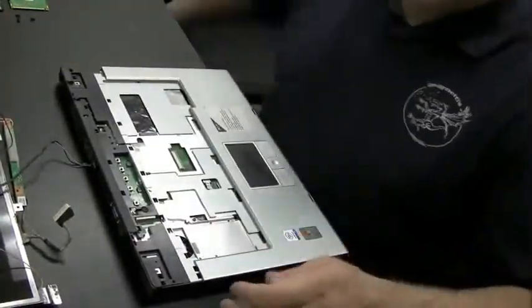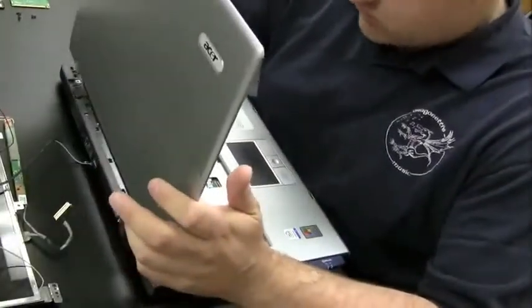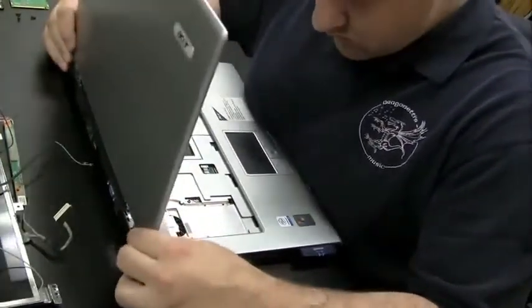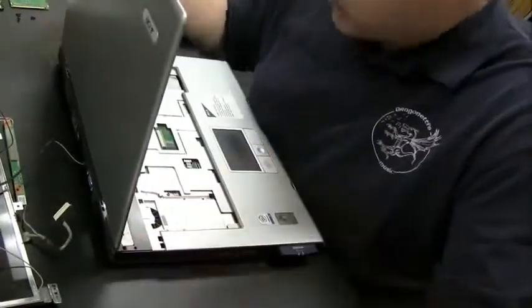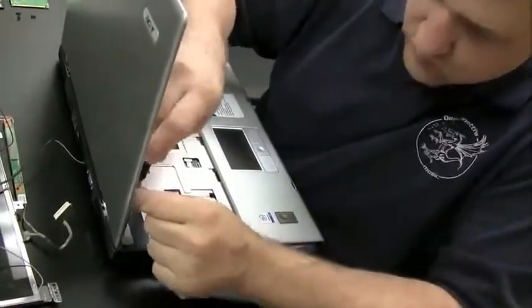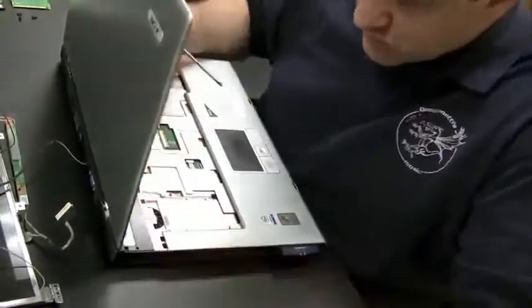And the back screen cover that I actually purchased, and I got this on eBay, had the hinges attached. So that's why we're going to remove the old hinges and use the cover with the new hinges on it. And we just need to attach these hinges with the screws and throw the screen back in and we'll be okay. I'm going to speed up the process here real quick